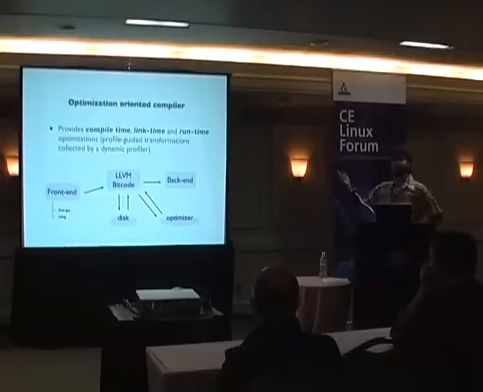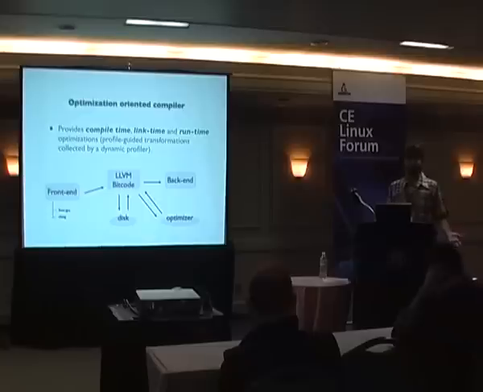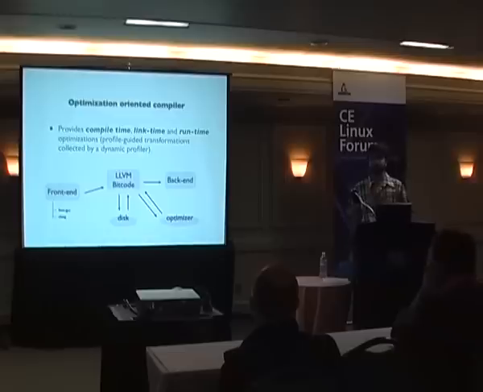Link time, because we have LTO in LLVM already. We can link a lot of object files, removing unnecessary functions and variables, so we can have optimizations for code size. And runtime, because we can have profile-guided transformations collected by a dynamic profiler. This can be done at runtime, because when we are executing, we can